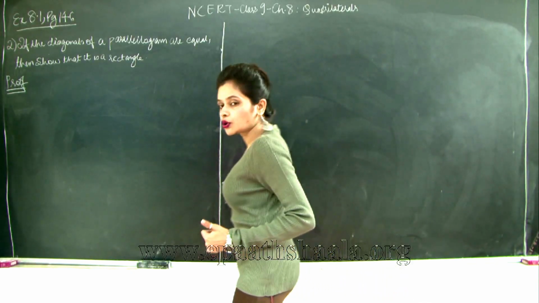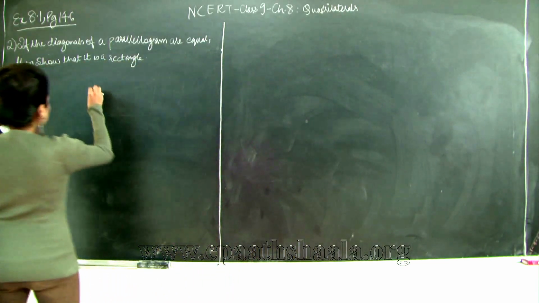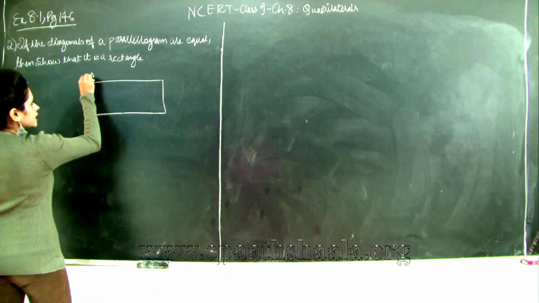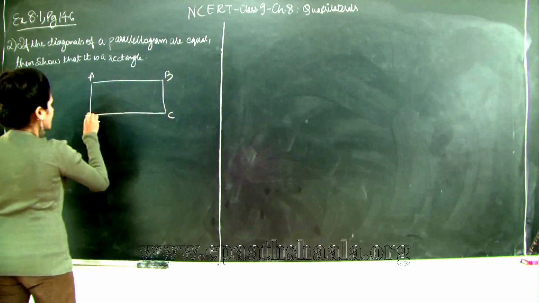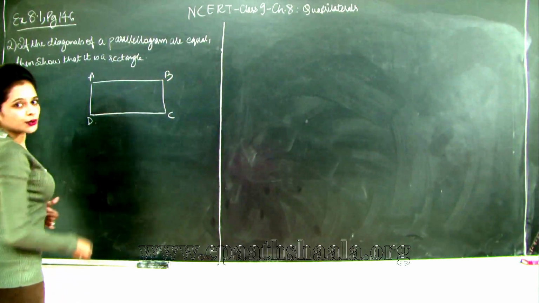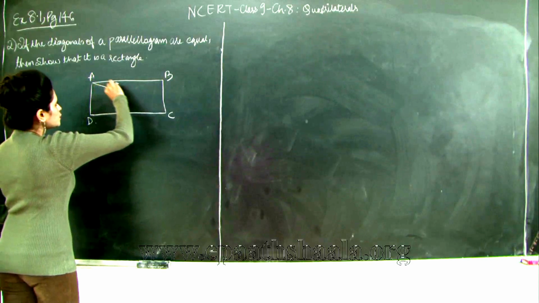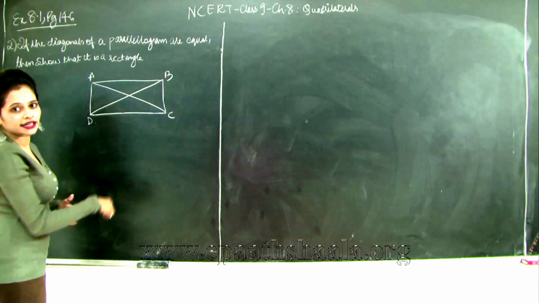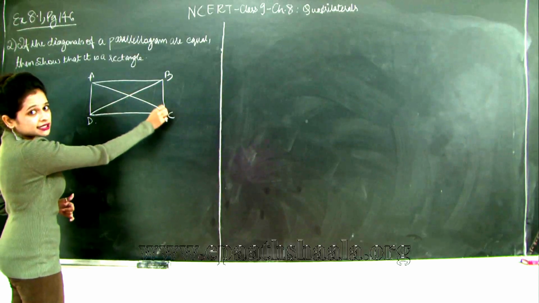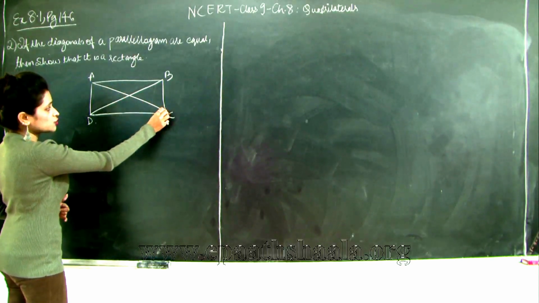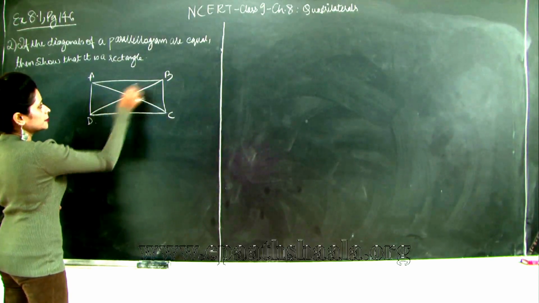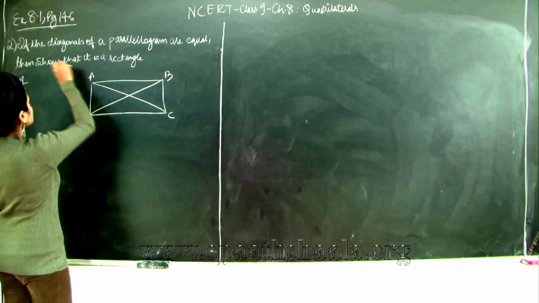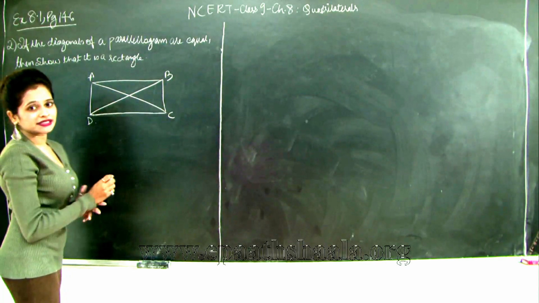So, let us first go ahead and draw a parallelogram in which the diagonals are equal. I will say ABCD is my parallelogram, and we have already been given that the diagonals are equal to each other. That is why I am connecting the diagonal joining A to C for diagonal AC and B to D to give my diagonal BD. We need to prove that this quadrilateral ABCD is a rectangle.